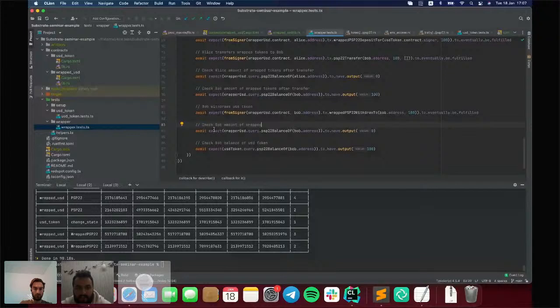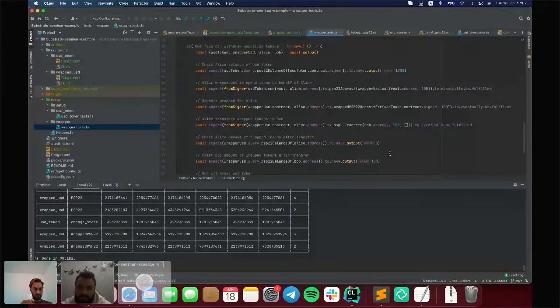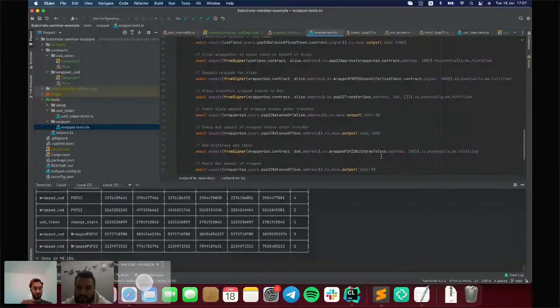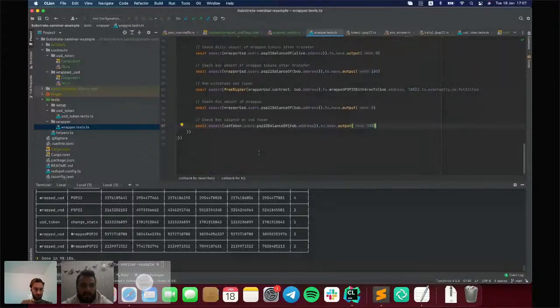So we checked that the balance of Bob in wrapped USD is 0, and the balance of Bob in USD is 100. So that means that Alice transferred tokens to Bob, and Bob is able to withdraw the tokens and get 100 in USD. So that shows that the full workflow works correctly.